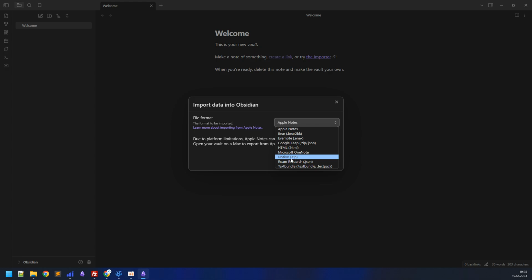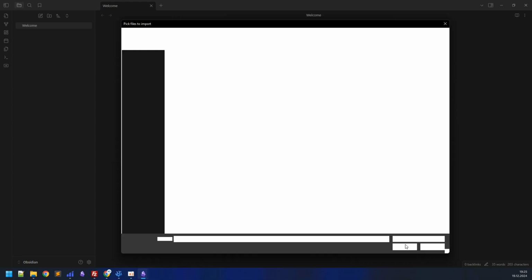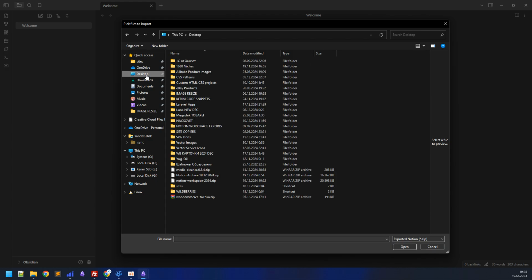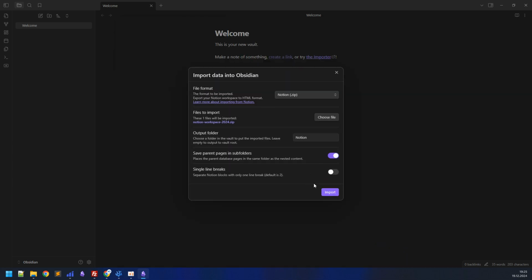So we are importing from Notion, and let's click on this file that we've just exported from Notion. The file is called Notion Workspace 2024, and I think all looks good, so I'll leave it as is. And let's click on import,